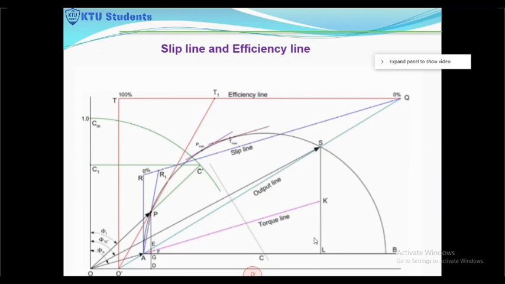Okay. Next is, what do you mean by skin effect, and how is it going to affect the efficiency? The skin effect means the tendency of the alternating current to concentrate near the surface of the conductor. So the area of cross section will reduce. That means R is equal to rho L by A. If the area of cross section reduces, the resistance increases.